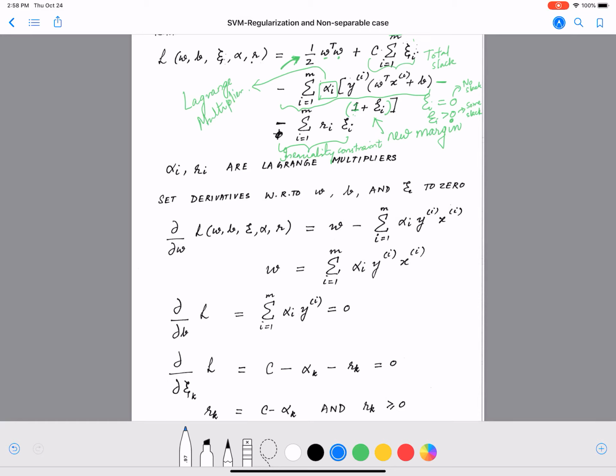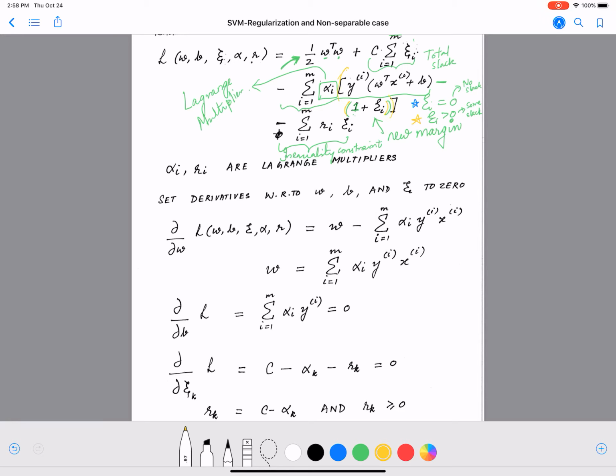Which means that for the first set of points marked by the blue star, they are same as what we had before. For those points, our functional margin is still 1 and there is no change. But now there are new sets of points which are marked by yellow. For these, the functional margin is less than 1 or 1 minus psi I. So when we substitute that here, we have a minus in front, right? So we get this entire quantity here as our new margin. So that's why we have a new margin equation,